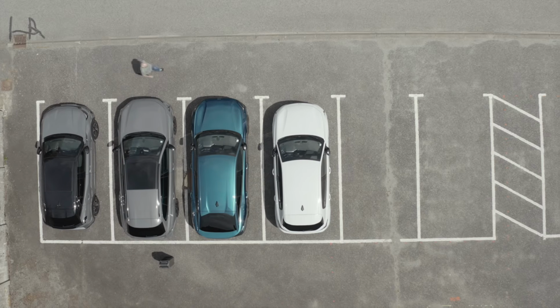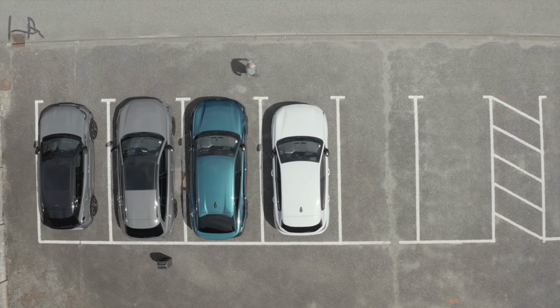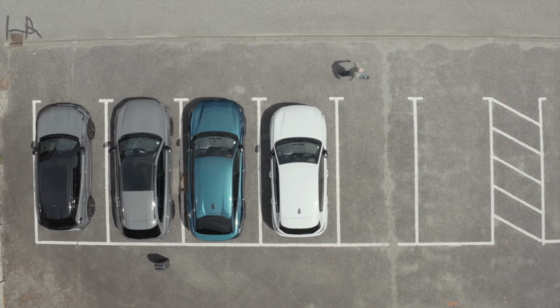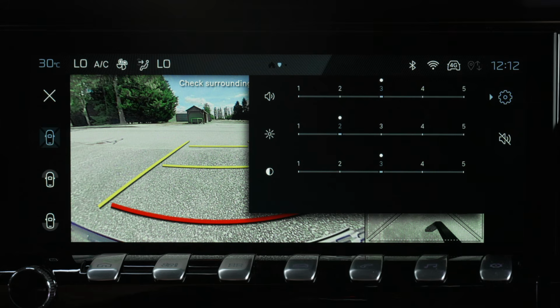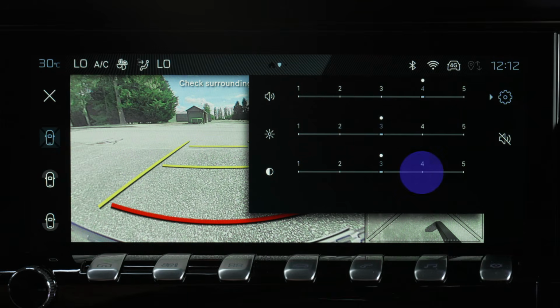menu. The rear or front panoramic views allow you to anticipate the arrival of cars, pedestrians, or cyclists whilst leaving a parking space. It can only be displayed by selecting it in the left-hand lateral menu. In the lateral menu, you can choose the following functions: volume control for the acoustic signal, screen brightness, screen contrast,